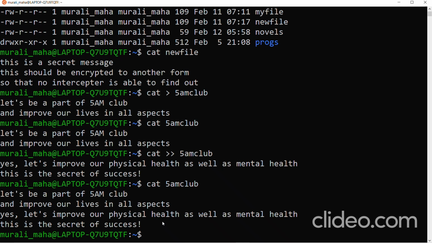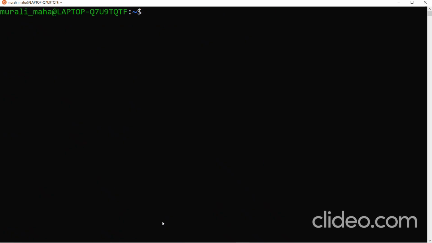Next, let us move on to the T command. So what does T do? It's a special command in the sense that normally any other command sends its output to the standard output file, the monitor. But if you are redirecting the output to a disk file, then the output would no more be sent to the monitor, but it would be sent only to the disk file. So either you can do only the redirection, or you can send the output to the monitor. Only one of these you can do. These both are mutually exclusive.